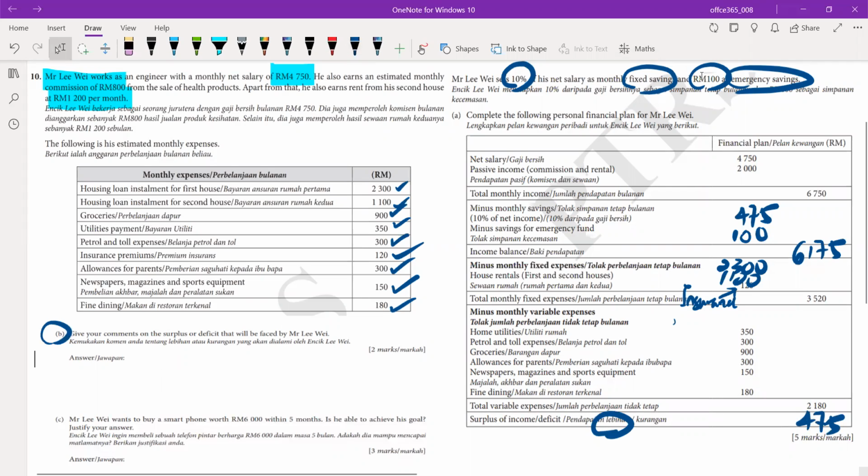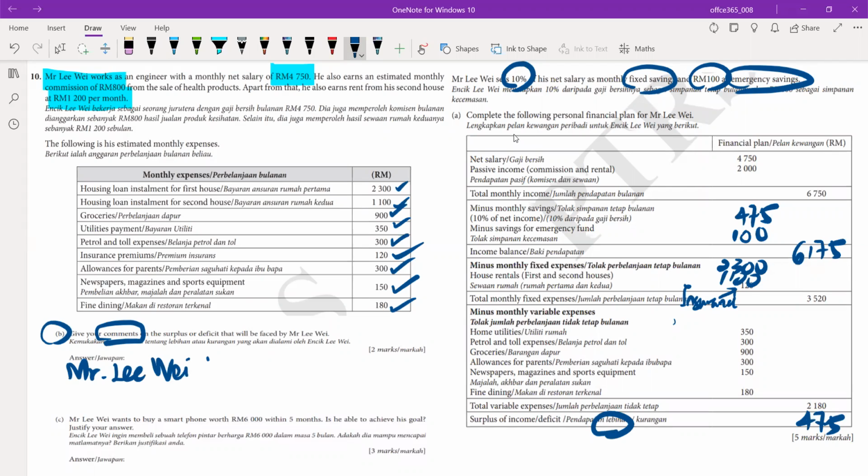Okay, you see your friend also. That means your friend say, like I saw Yi Cheng very good. Yi Cheng say, what is that? B. Mr. Li Wei got a surplus. Positive cash flow. That's all. Okay, because a comment ma. Okay, so you just write lah.